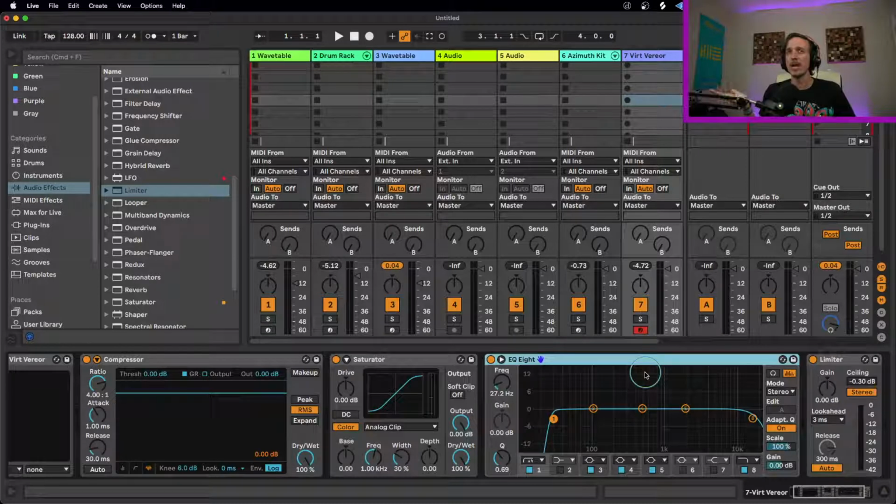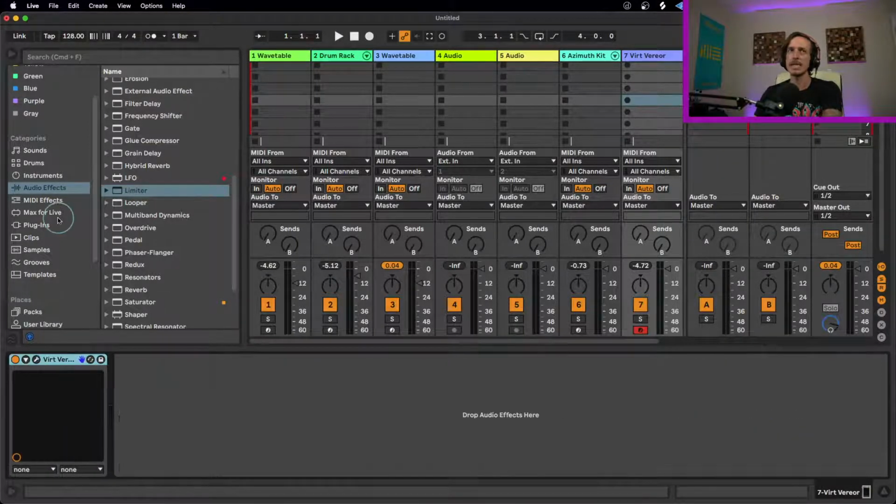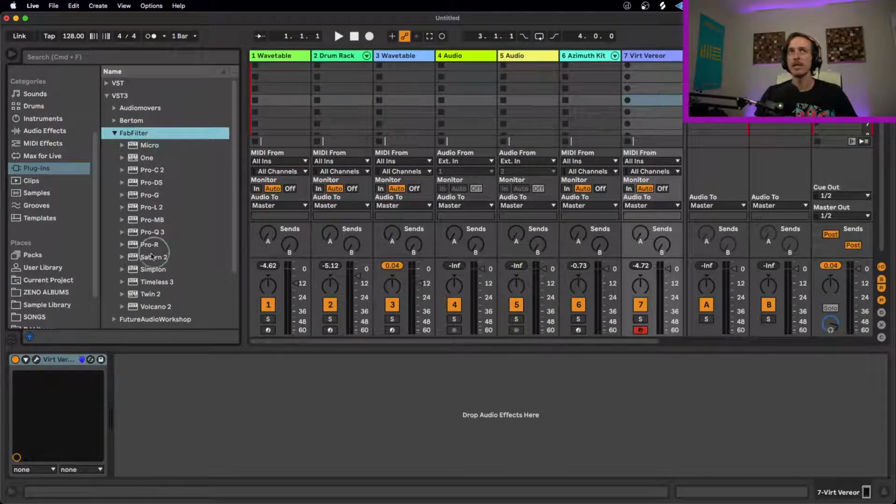However, I'm kind of migrating out of Ozone for my mastering and moving more into using FabFilter plugins a lot for my mastering. So I'll be using things like Saturn as my saturator. I'll be using Pro Q as my EQ, Pro L as my limiter, Pro C as my compressor, using the FabFilter stuff to kind of emulate,